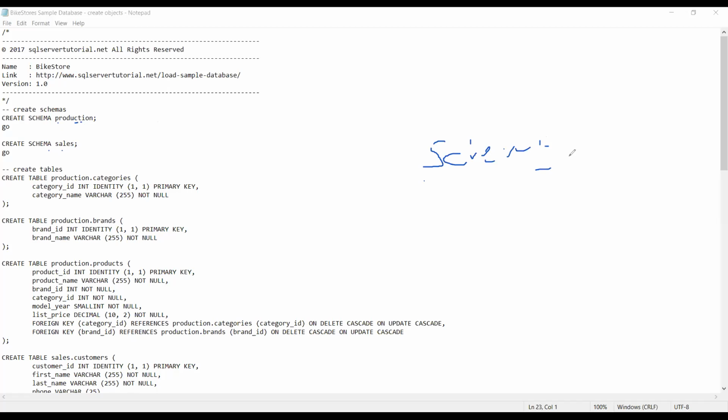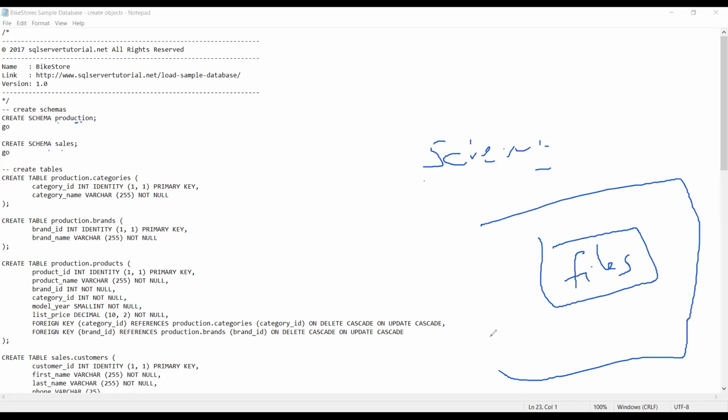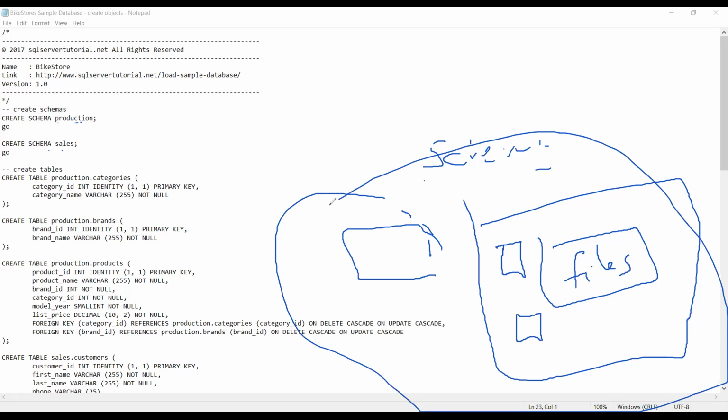इस स्कीमा को आप यूं समझिए कि आपको बनानी तो फाइल्स हैं, ठीक है। लेकिन आप बहुत सारी फाइलें जब हो जाती हैं तो आप उन फाइल्स के लिए एक फोल्डर बना देते हैं। तो ये फोल्डर है जिसमें बहुत सारी फाइल्स बंद हो गई हैं। और फिर जब बहुत सारे फोल्डर्स हो जाते हैं तो फिर आप एक ड्राइव बना देते हैं। ये बड़े लेवल्स हैं। तो इसमें जो स्मॉलर लेवल है वो टेबल है।